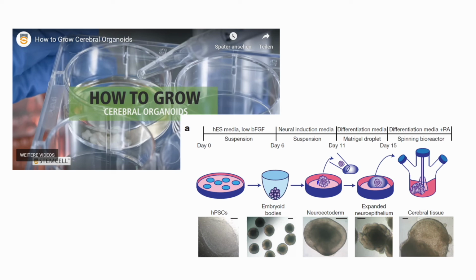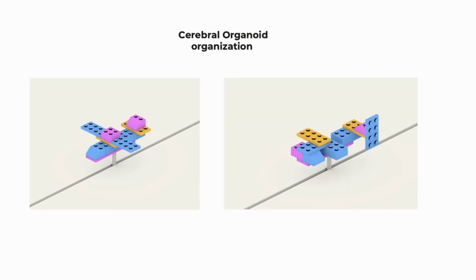It has great impact. To be realistic, there is a certain problem with cerebral organoid organization. If we look at the image on the left, we see a Lego plane that has each of the compartments of a plane, like the wings, in position. Let's say this picture resembles the real in vivo brain, and an organoid might look more like what is shown on the right. We do have different compartments and different cell types that are necessary, but they are not in the right position, and therefore this whole brain cannot function by itself.